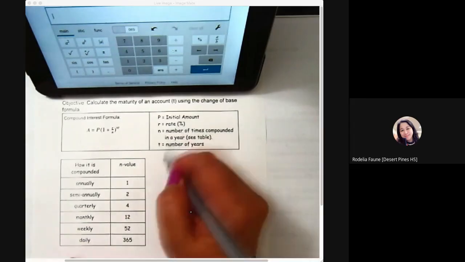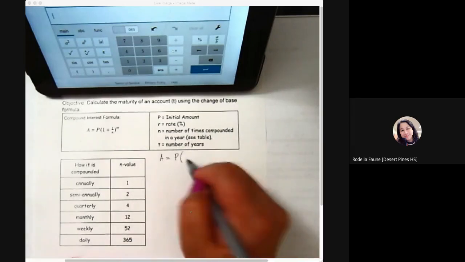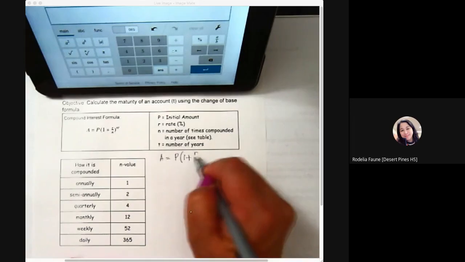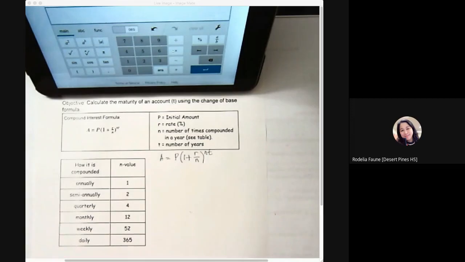So we will be calculating the approximate time for your money to grow to your desired amount given a certain interest rate. So we will be using the compound interest formula. Let me just rewrite it here so that everybody could see it. A is equal to P times 1 plus r over n raised to nt, where A is the desired amount,